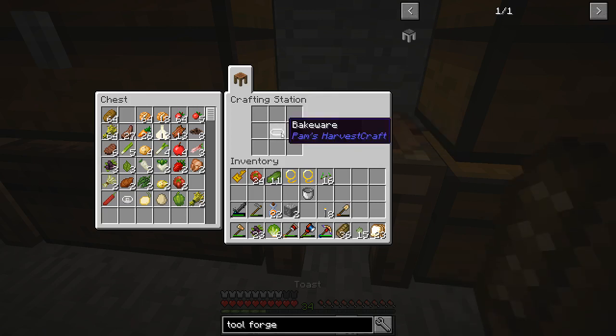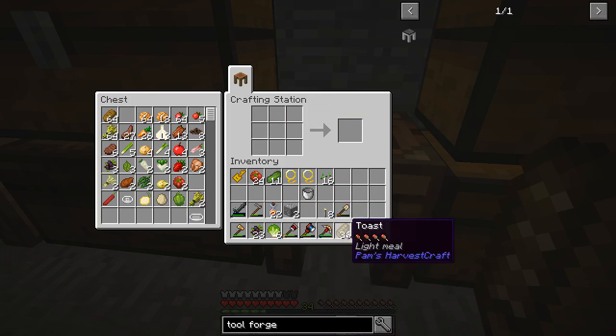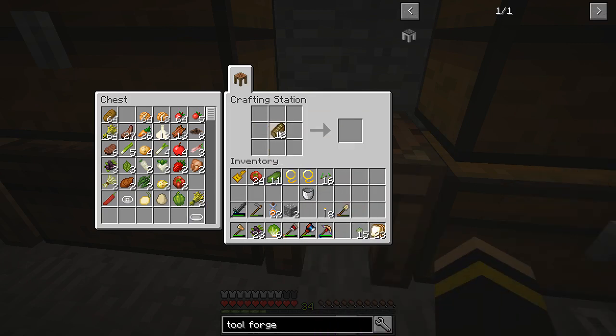You just place the bread in the crafting station with the bakeware, and that gets us some toast. And now I'm going to take this toast, and I'm going to make some more toast sandwiches. And then one of the other things that I did, let's see, I wanted to show you guys more with